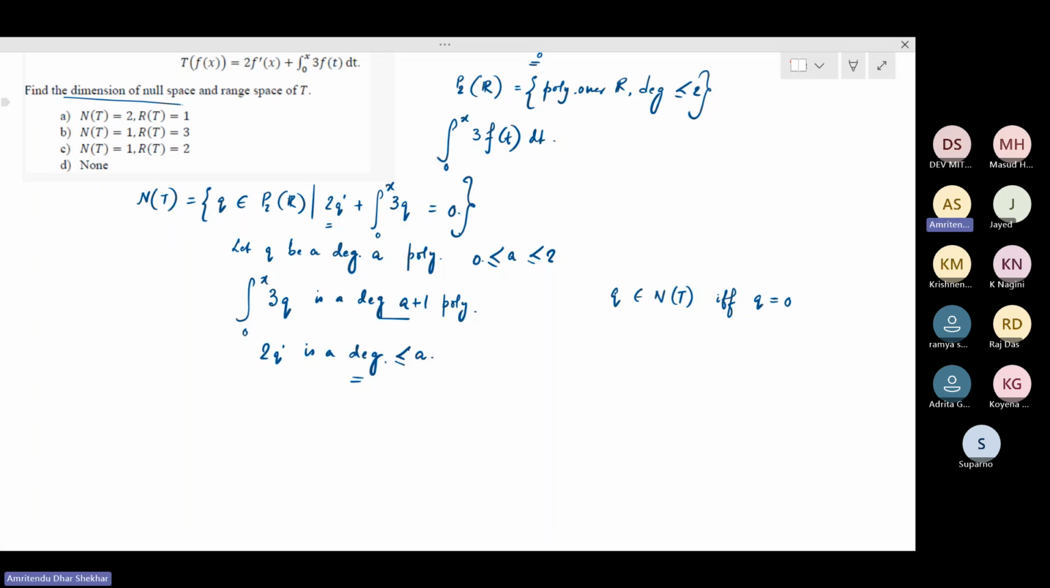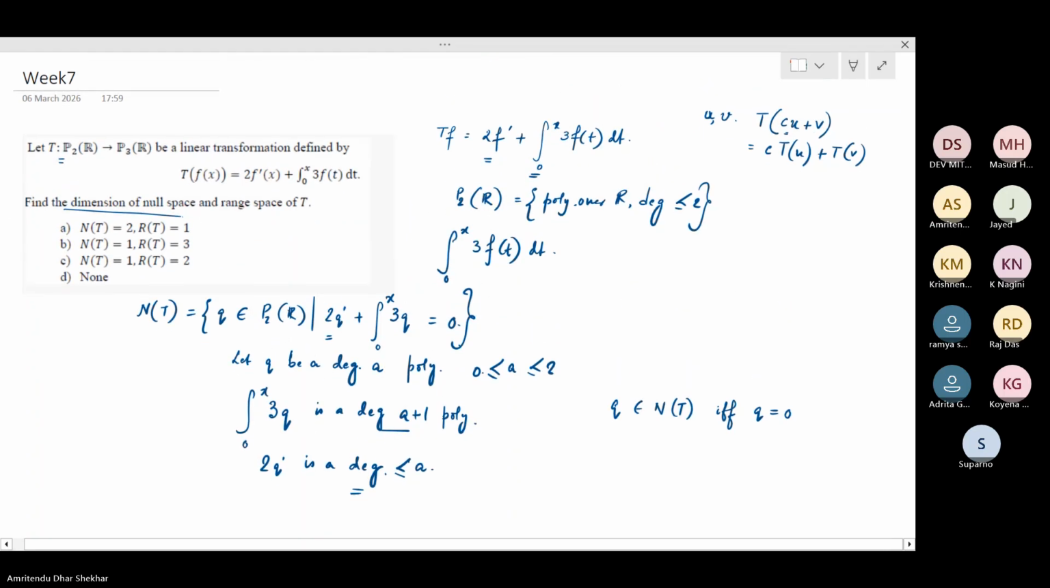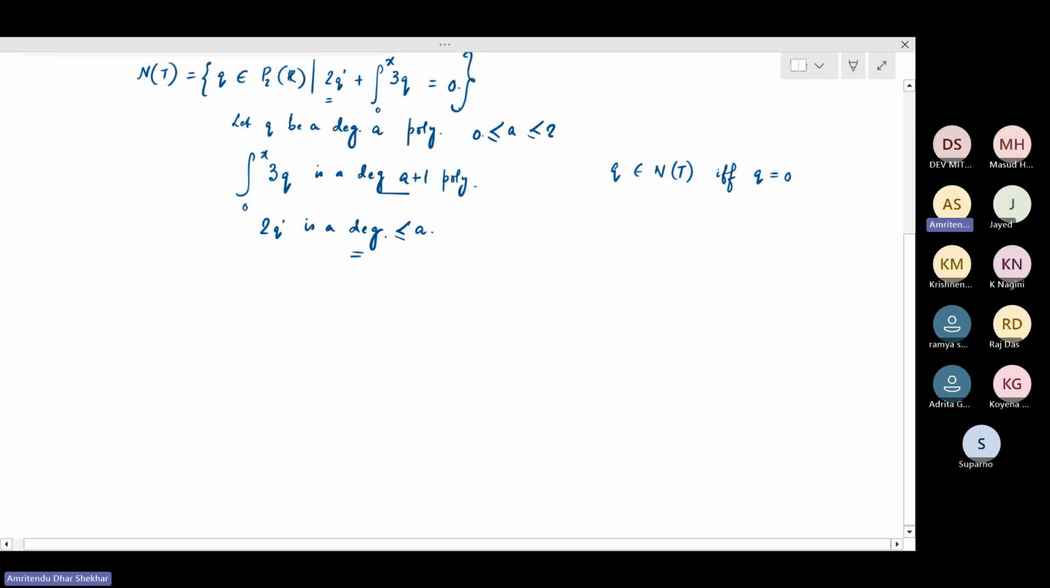And the rank of this map T is basically the dimension of P2(R), which is 3 in this case. So I hope this was clear. It's an easy warm-up problem. All right, now let's